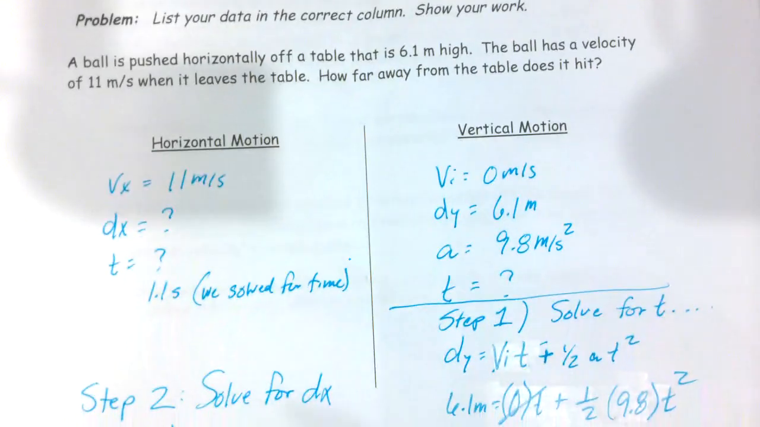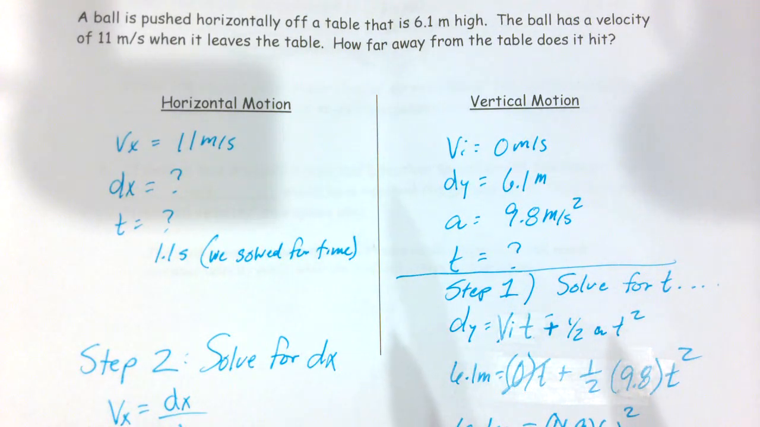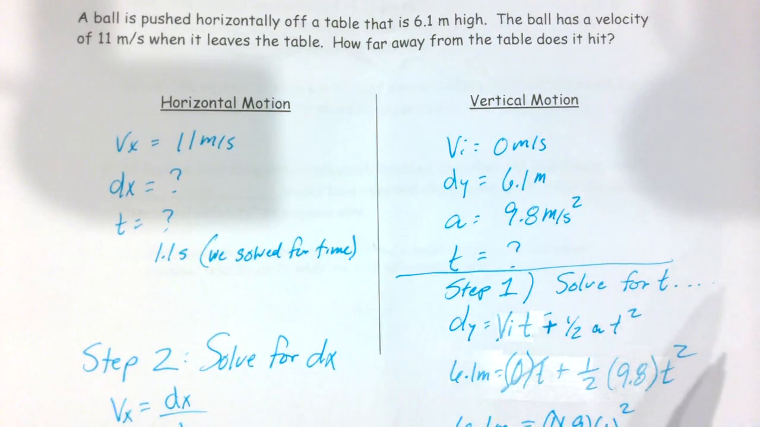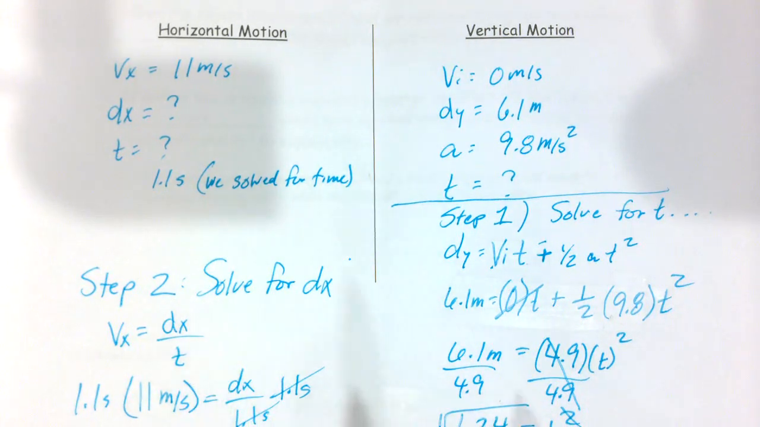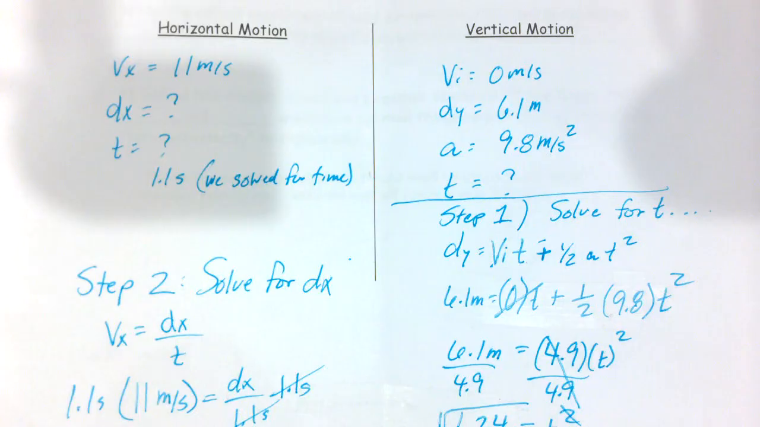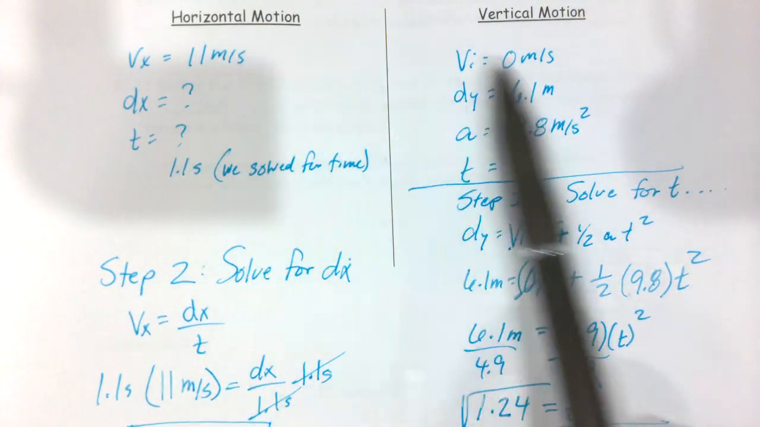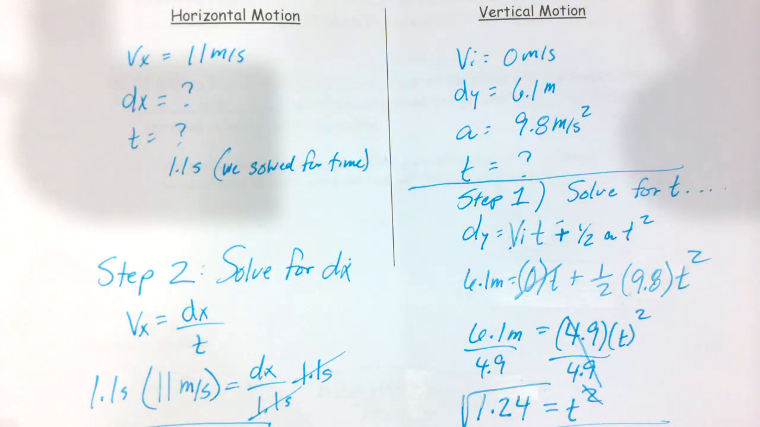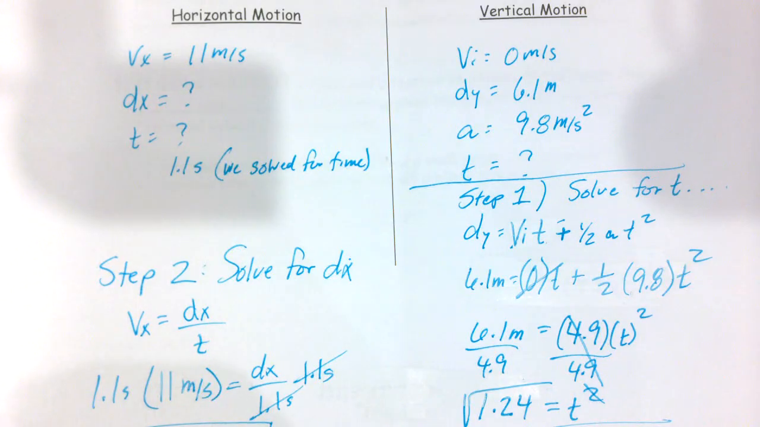Okay, so the problem: the ball is pushed horizontally off a table that is 6.1 meters high. The ball has a velocity of 11 meters per second when it leaves the table. How far away from the table does it hit? Okay, this is just another horizontal motion and vertical motion, projectile motion problem. All right, so same thing. Break it up into vertical and horizontal components,